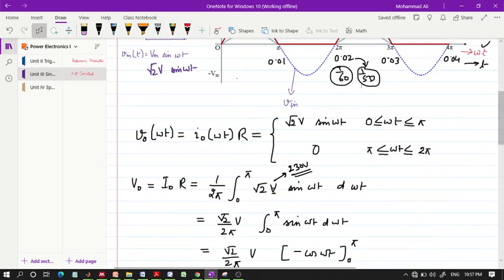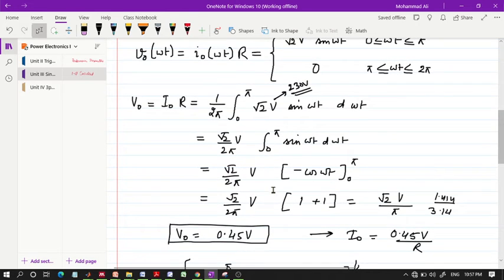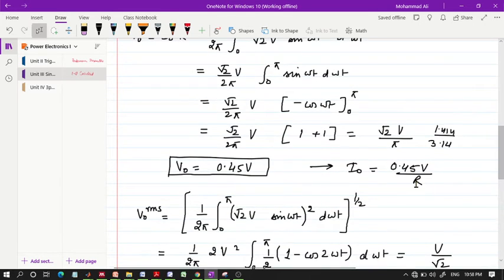So this V over here is the RMS value. You can do the analysis using Vm also, no problem. But we denote our supplies in terms of RMS values. If we say that my socket has a 230 volt AC supply, then we are talking about its RMS value. So that's why I'm writing it like this. By solving this integral, I'm going to get the value of output voltage as 0.45 times the RMS value of the voltage. And of course, if I divide this by resistance, then it will be the average value of the current.